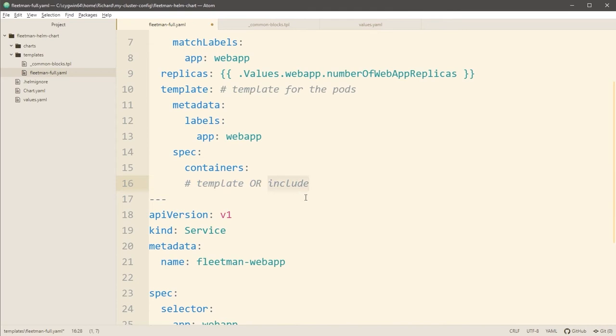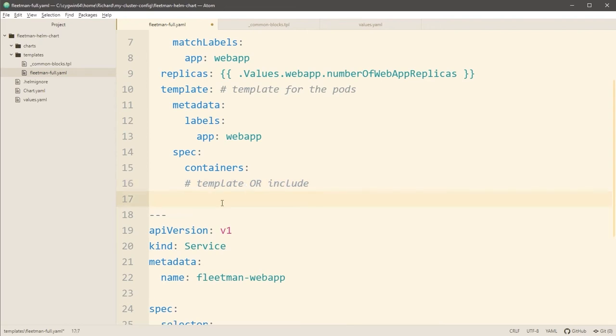The reason I'm covering both of them in this video is not to bore you, but because you're very likely to find instances of the template command if you're looking at any pre-written charts. And I want to show you them both so that you recognize them both. So really, you can always use the include command, but you might see the template command out there in the wild. So I'm going to show you first of all how we can use the template command. And again, it's another Go action. So in the curly brackets, we'll use template first of all, and then I'll show you include.